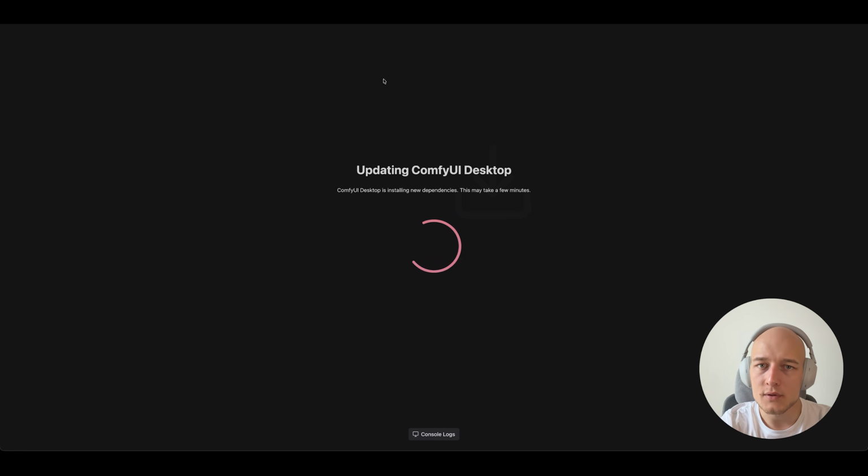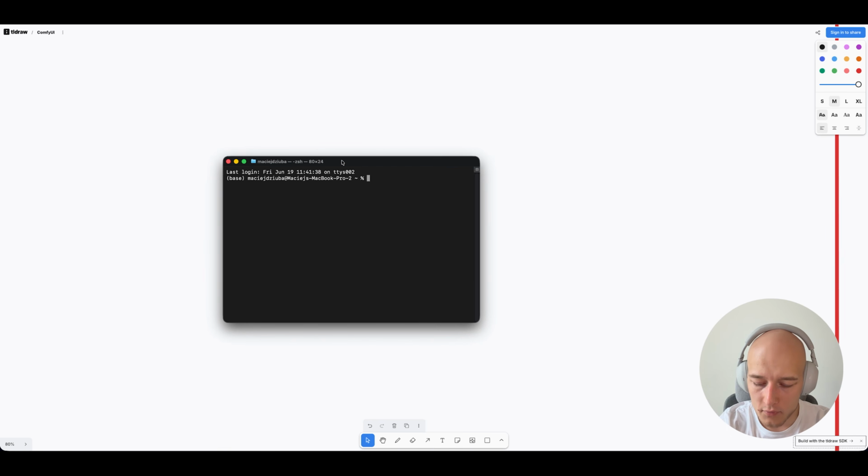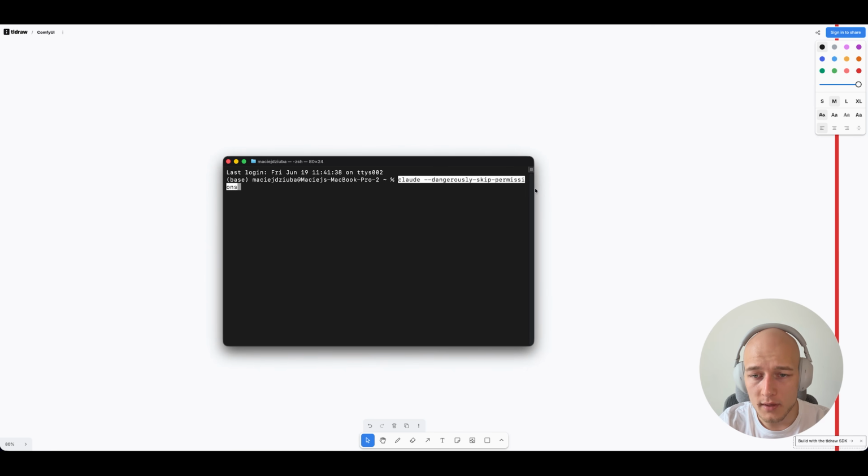So what we're going to do now is just open up ComfyUI, which might take a few minutes since, again, this is running locally on my machine. Now, while ComfyUI is starting, I'm going to open up Claude Code. So if you closed it for whatever reason, you can reopen it. And I recommend reopening it by typing claude